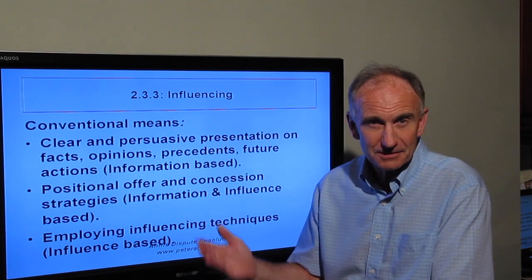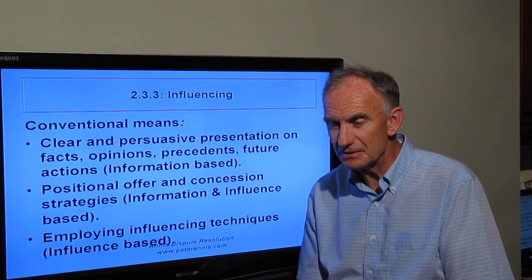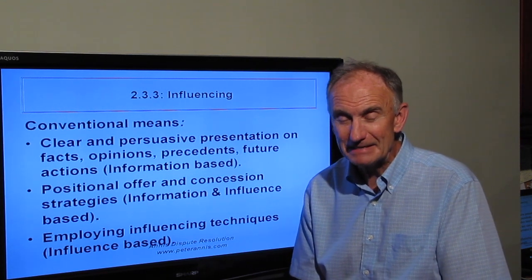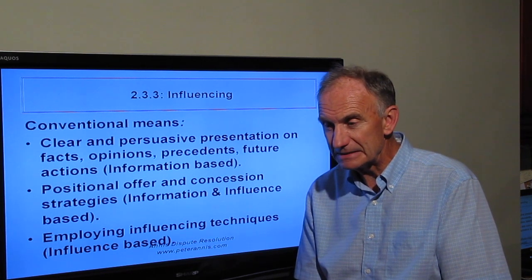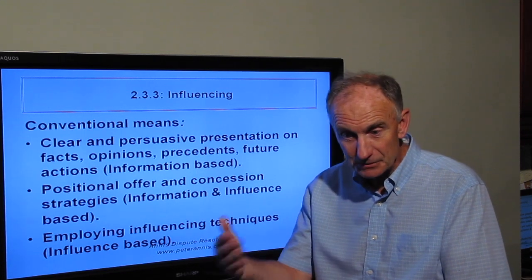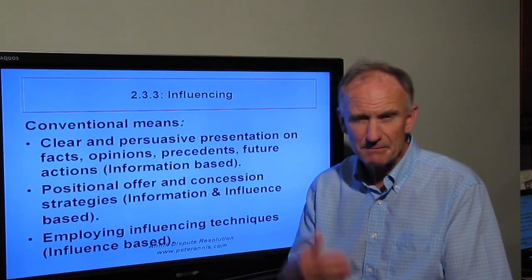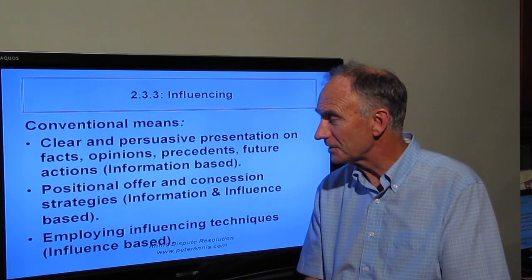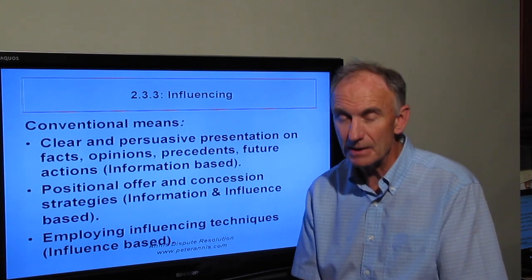Interesting one is offers. When somebody makes an offer, to what extent is it information, to what extent is it influence? I think you should look at offers as containing a very large influential component. Offer bluffing is really part of what competitive bargaining is. And as you'll see, when we get into it, the concept is basically to make a series of offers, intending by the way it's done, the concessions, coming down to a point, to make people think that your expectation point is your resistance point. So there's a large influence component in offers, and you should always look at them that way. And if you do look at them that way, you'll be better off.